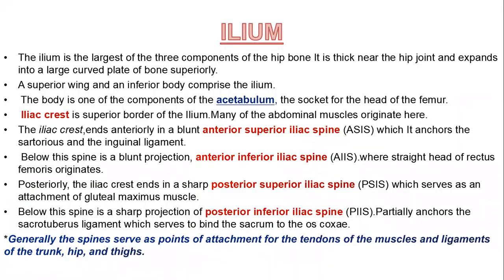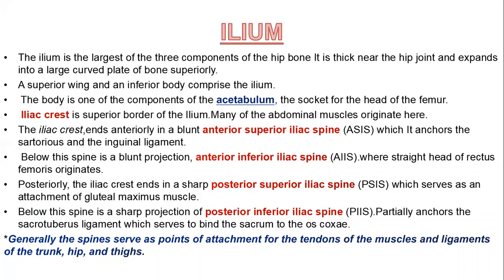The ilium is the largest of the 3 components of the hip bone. It is thicker near the hip joint and expands into a large curved plate of bone superiorly. A superior wing and an inferior body comprise the ilium. The body is one of the components of the acetabulum. So what is the acetabulum? This is the socket for the head of the femur, and when the head of the femur comes into contact with the acetabulum, we have this joint known as the